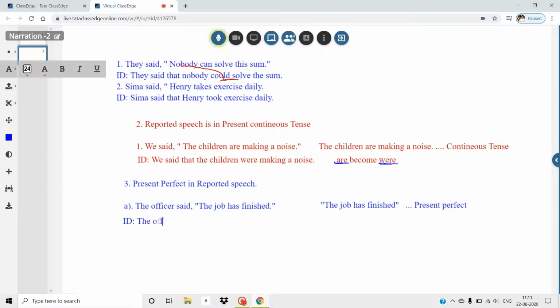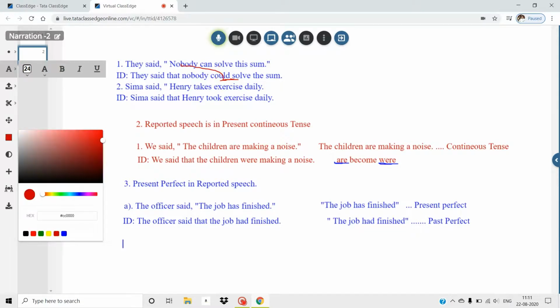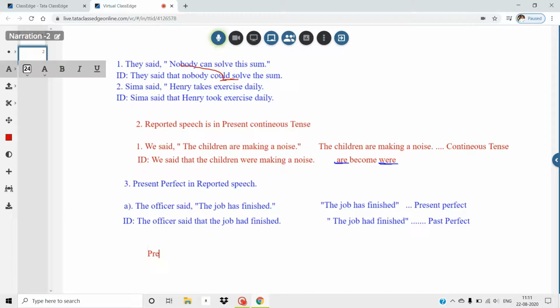You see, the officer said that, this is the easy line, the job had finished. The job had finished. It is in which tense? It is past perfect. Remember that for present perfect,